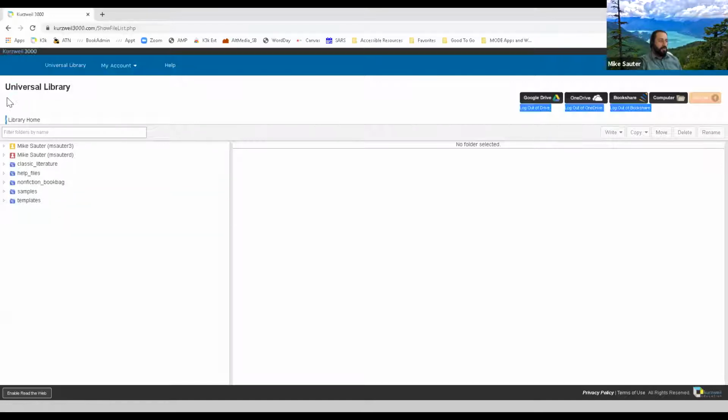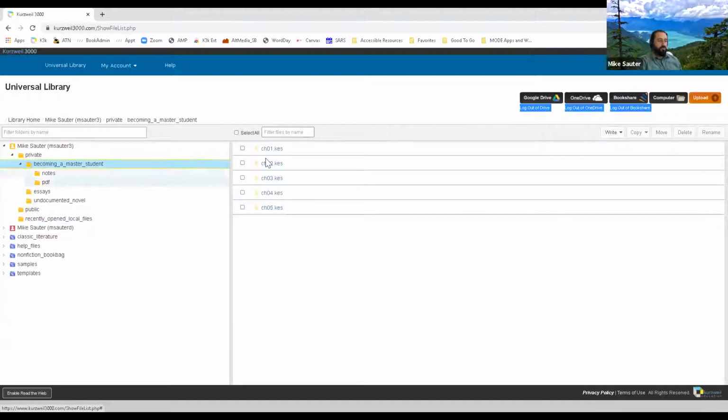We have the Universal Library, which shows you your account folder with these three default folders: the private, public, and recently opened local files. Now, all of our textbooks are located within the private folder. Clicking on one of the textbooks should pull up your chapters.